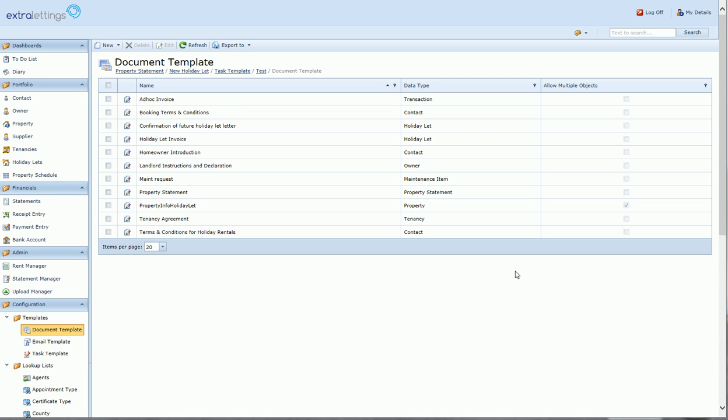Document templates are documents needed by you to run your business. Typically these would be property information flyers for marketing, standard letters, tenancy agreements, holiday let agreements, statements, invoices, etc. We don't use a set of standard templates. We allow you, the user, to import your own documentation so that you're familiar from the outset. So we go to Document Template,